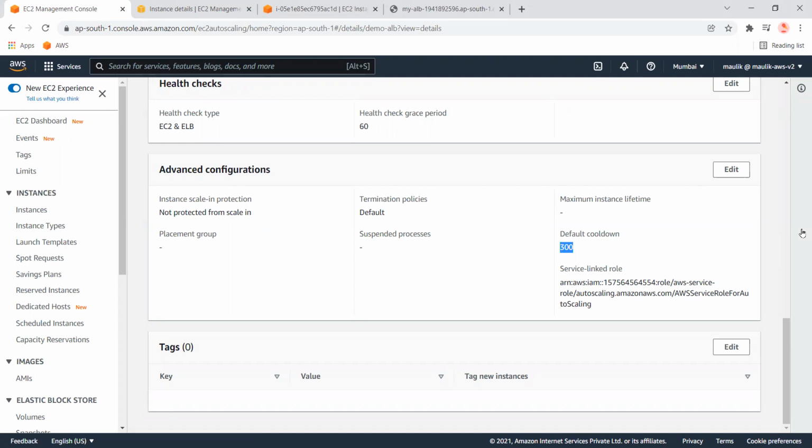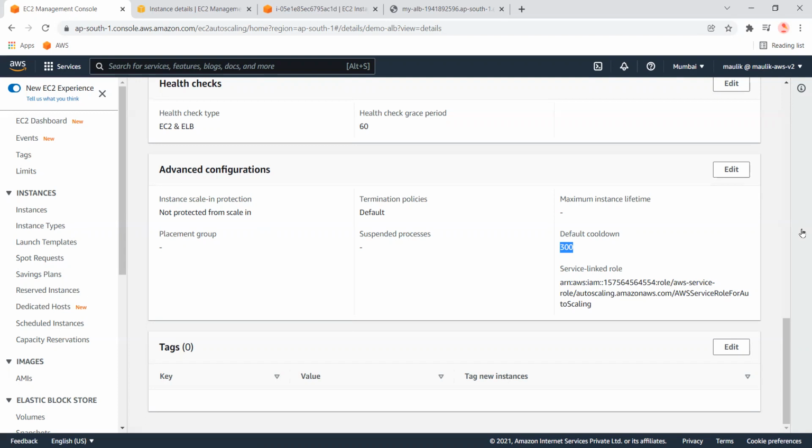After that it will wait 300 seconds before responding to the second alarm. It helps to wait for some time because sometimes your instance takes time to load default settings and start other services, and in that case it is good to set this cooldown period to 300 seconds or based on your requirements.